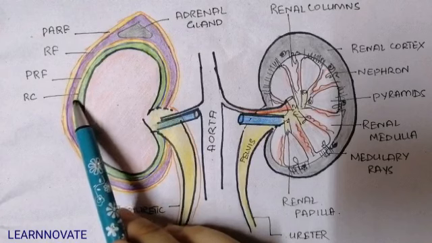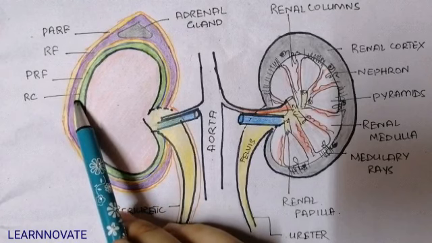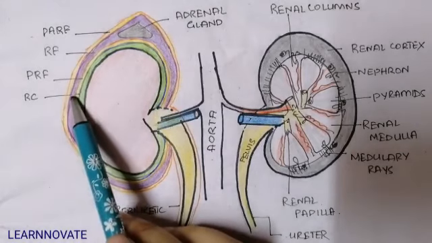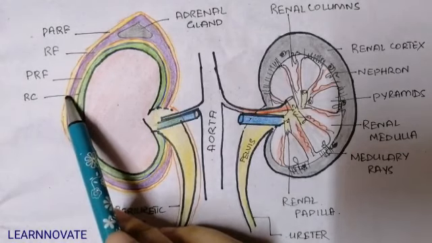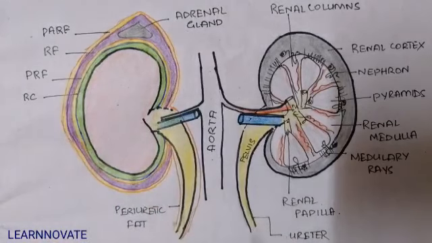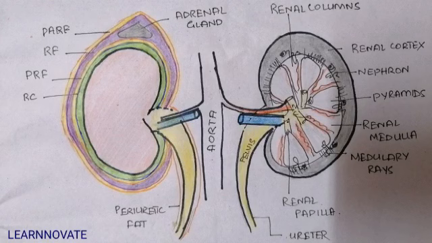So, from inside to outside, what structures can we see outside the kidney? First, the renal capsule. Outside the renal capsule, we have a layer of fat that's called perinephric fat. Then outside the perinephric fat, we have the renal fascia. Outside the fascia, we have the paranephric fat. All these structures support the kidney and keep it in its original place, preventing dislocation of the kidney.